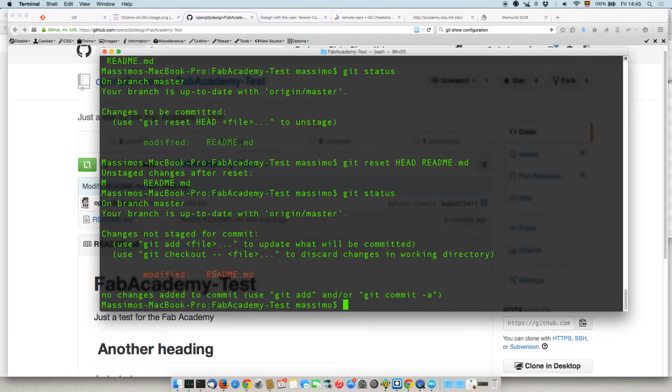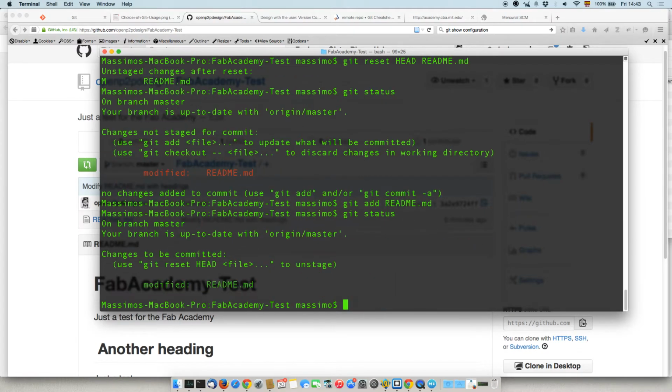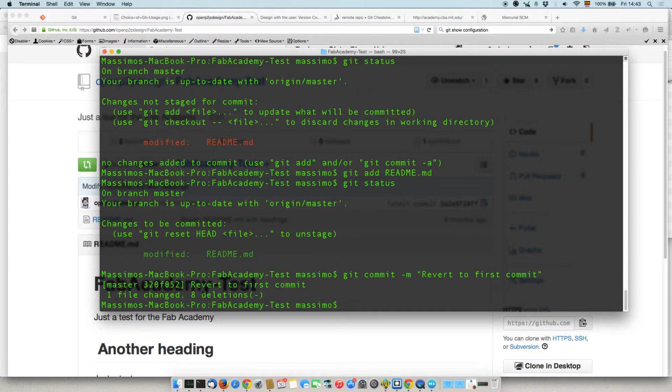So in this case, I want to save it. So it's git add readme.md. So git status, you see, is green again. Now I do git commit -m revert to first commit. Okay, now it's 8 deletions because by going back in time I deleted 8 lines in the text. Okay, if I do git status,